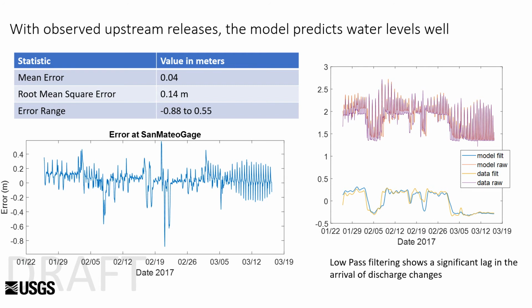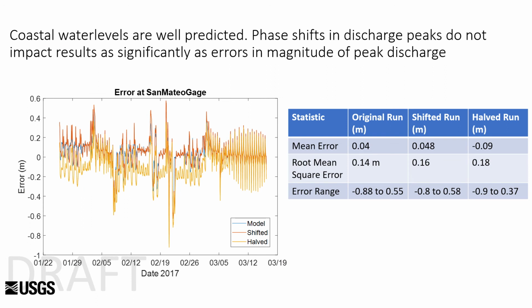The largest error values that occurred are due to the times when the model discharge from the reservoir reached the observation point slower than it did in real life. This phase lag will be fixed in the next iteration of the model release, so we anticipate the errors only getting smaller. Of course, when running in forecast mode, we won't have the actual